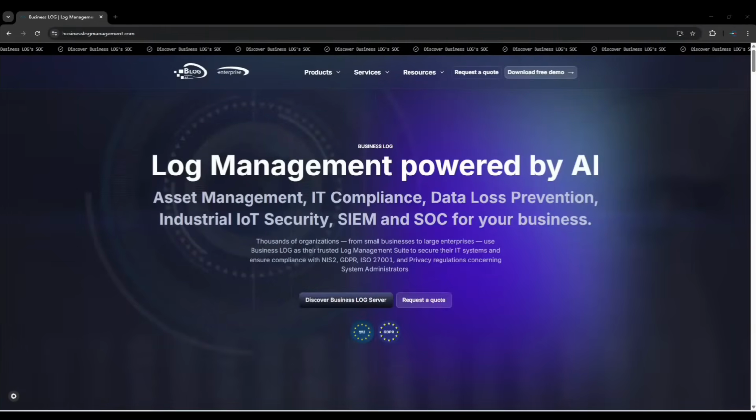What is BusinessLOG? BusinessLOG is a log management, data loss prevention, SIEM, asset management, RMM, and industrial IoT security system with a particular focus on NIS2, GDPR, and ISO 27001 regulatory requirements. BusinessLOG is a system that involves installing software on a physical or virtual Windows machine and collects